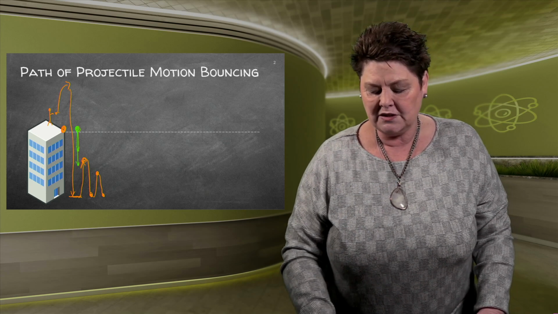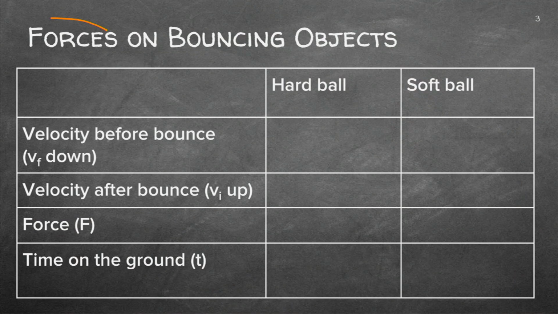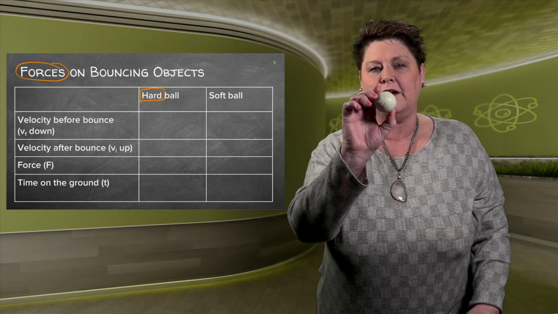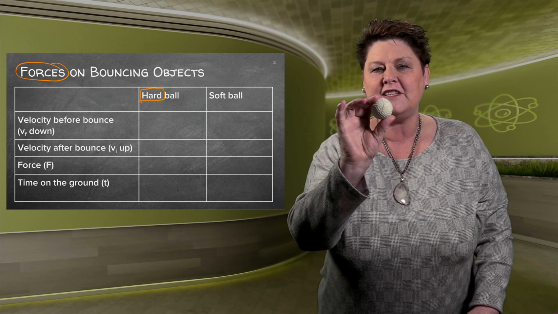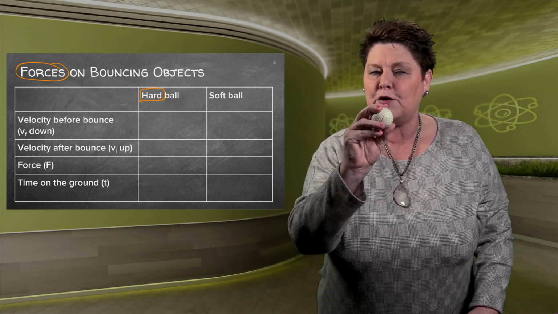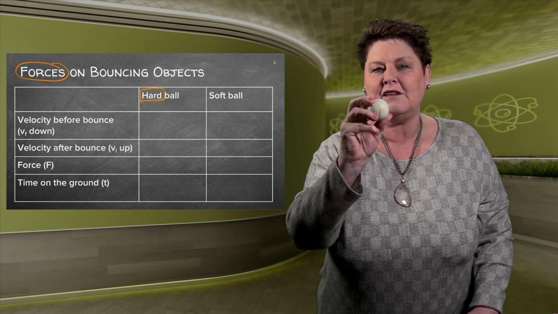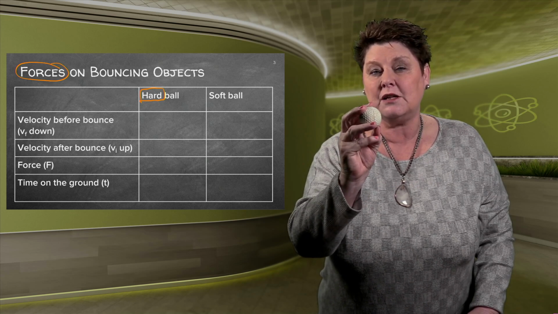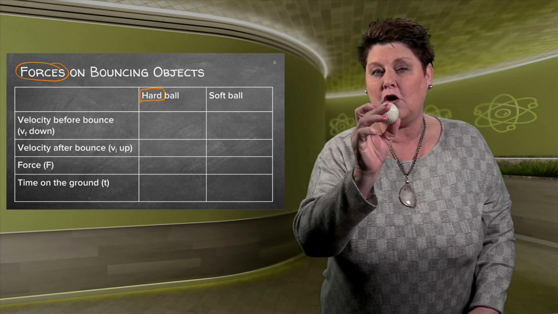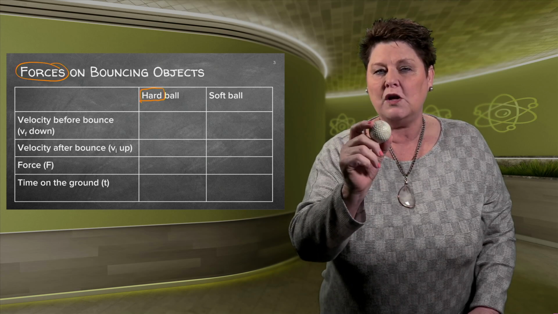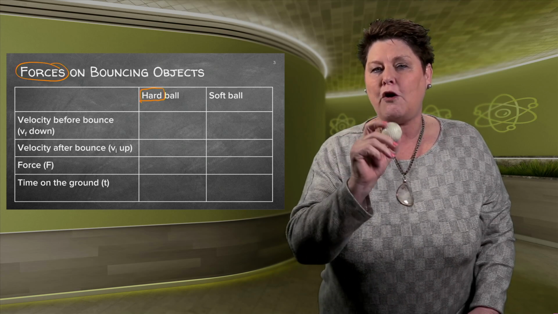Now the first thing we've got to take notice of is the forces that are exerted on bouncing objects. We've got two different objects that you've got to take notice of. If it's a hard ball, it can be something like this. I've got a golf ball here and it's very hard. If you ever touch this, you'll see you can't press it or actually do anything with it. Obviously, it does change a little bit of shape when somebody hits it with a golf club, but this is a hard ball, so it'll bounce very nicely from the ground.